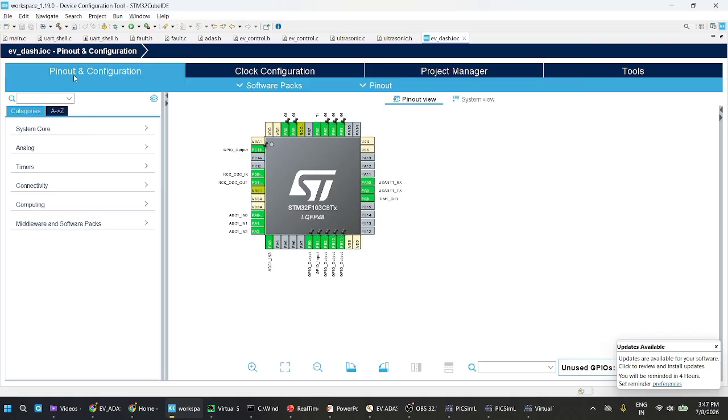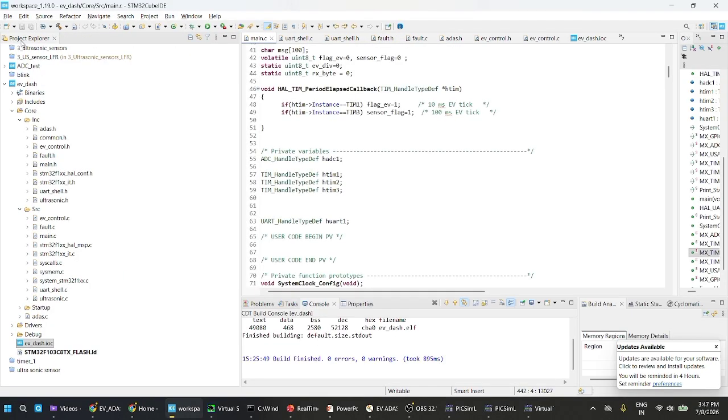Next, after saving, we generate the programming for this microcontroller. Here are all the code files we used in our project: main.c, uart_shell.c, uart_shell.h, fault.c, ADAS, EV controller.c, everything. After successfully compiling the program without error, we generate the bin file for our project